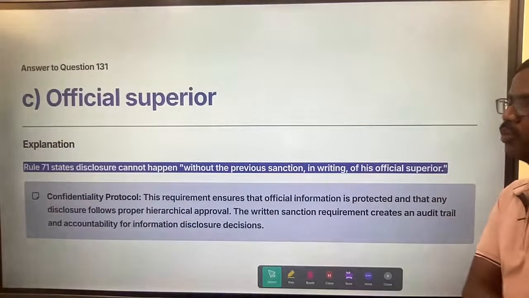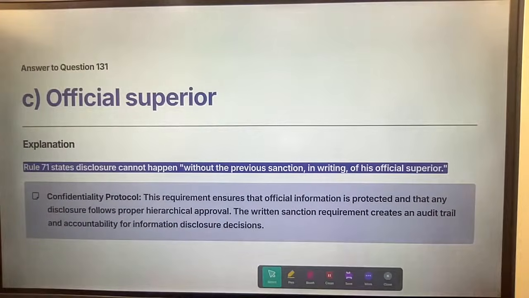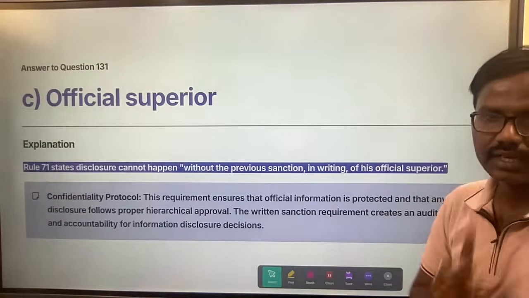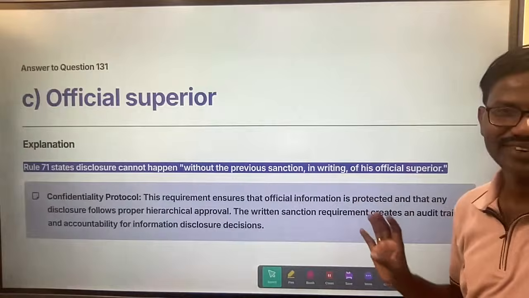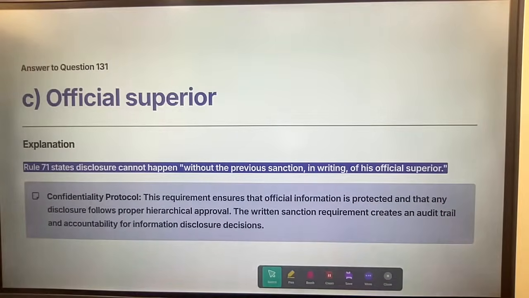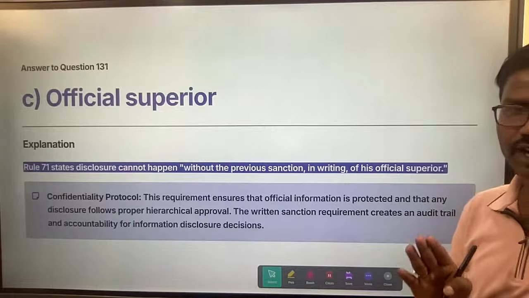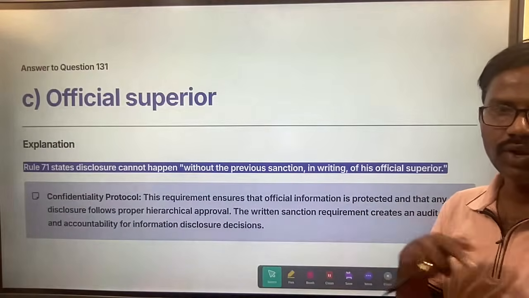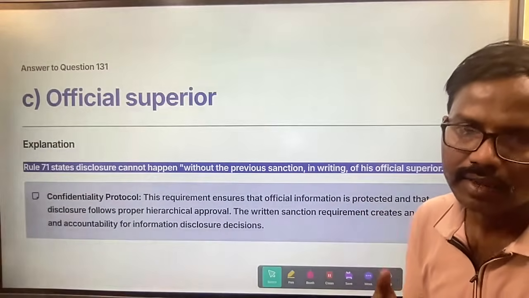So Rule 71 states disclosure cannot happen without previous sanction in writing of his official superior. Don't get confused. Follow the rules carefully. So this is the confidentiality protocol. This requirement ensures that official information is protected and that any disclosure follows proper hierarchical approval. You cannot override your immediate officer,